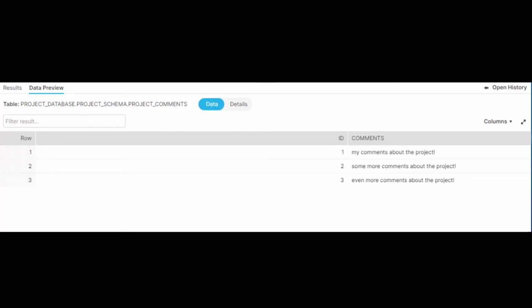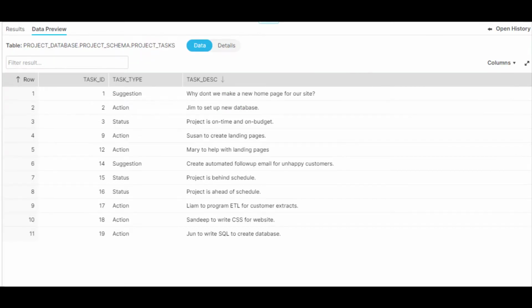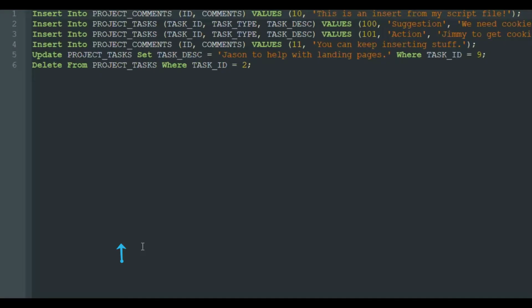Okay, so this is a little screenshot of the data that I have in the Snowflake browser. This table is just a simple table with some project comments. It has an ID column and a comment column. We're going to run some updates against that. And this is another table that's in my database that has some tasks in it, people to do certain things. You can see that there's 11 rows and some tasks for people along with suggestions and stuff like that. So what I wanted to do is update that using my Python connector,